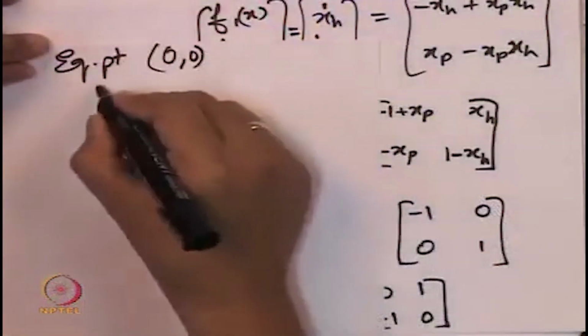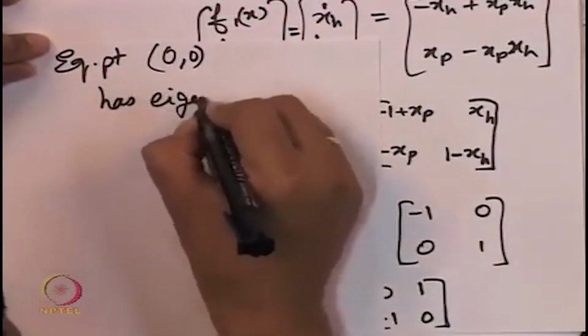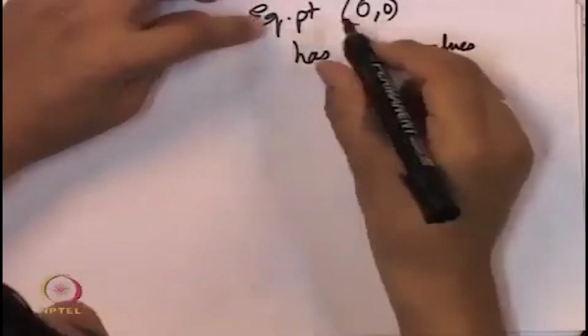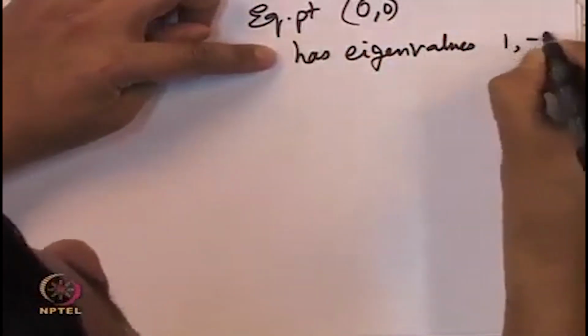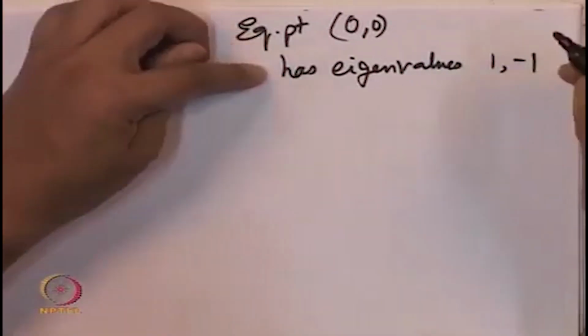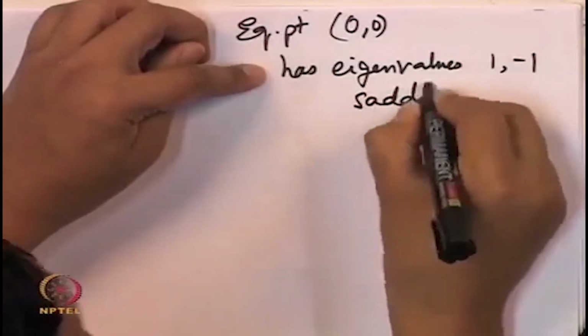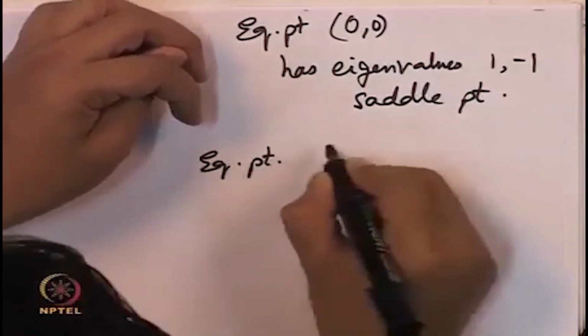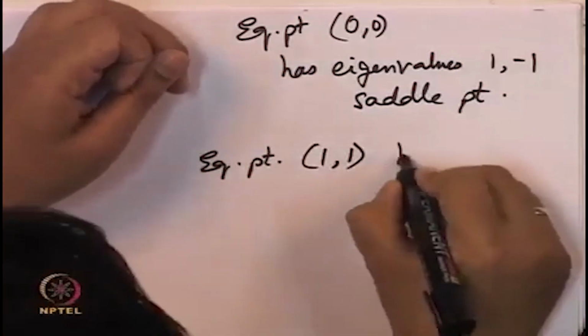So it's not difficult to see the eigenvalues of these two matrices. The equilibrium point 0, 0 has a diagonal matrix. The eigenvalues are nothing but the diagonal entries. The equilibrium point 0, 0 has eigenvalues 1 and minus 1. So we already saw that this is an example of a saddle point, and the equilibrium point 1, 1 has eigenvalues